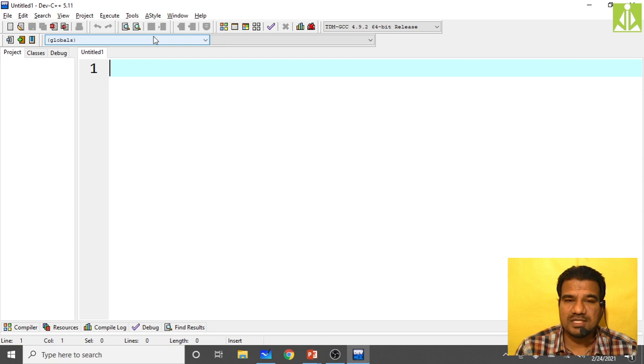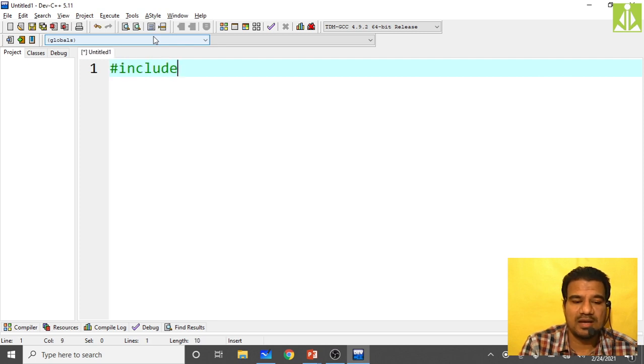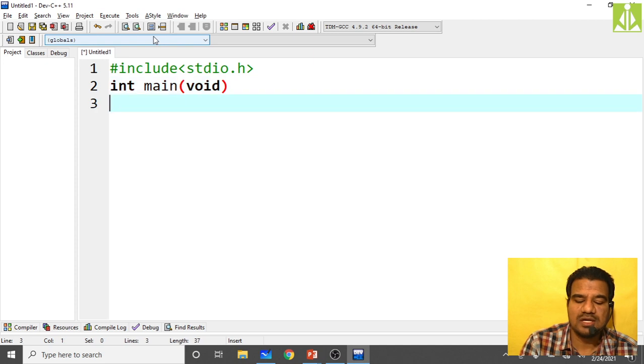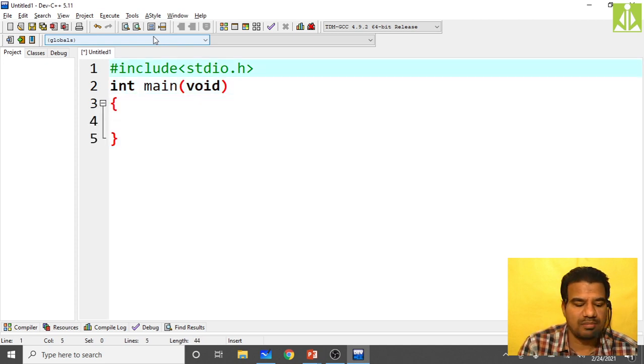Okay, here what we said, we are going to pass the individual array elements as arguments to functions. So that concept we have to understand. First let's start the program. Hash include stdio.h, then my main function, int main of void, and here I'm going to write my complete code.